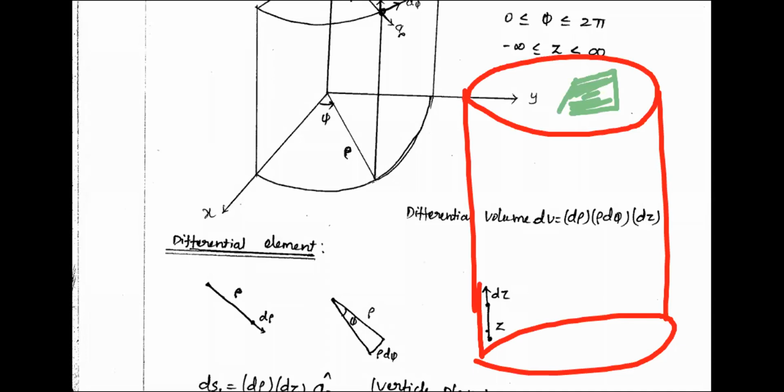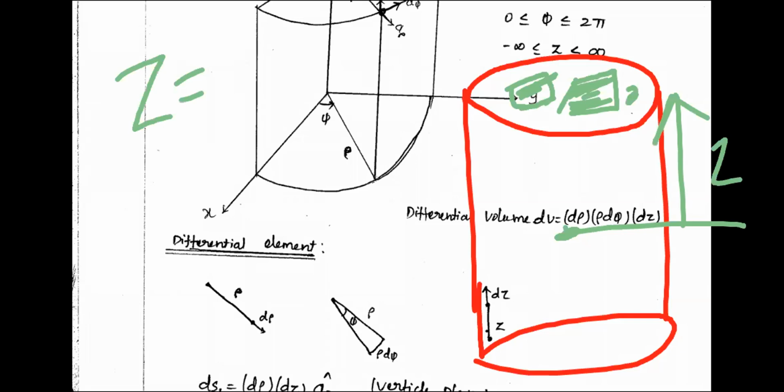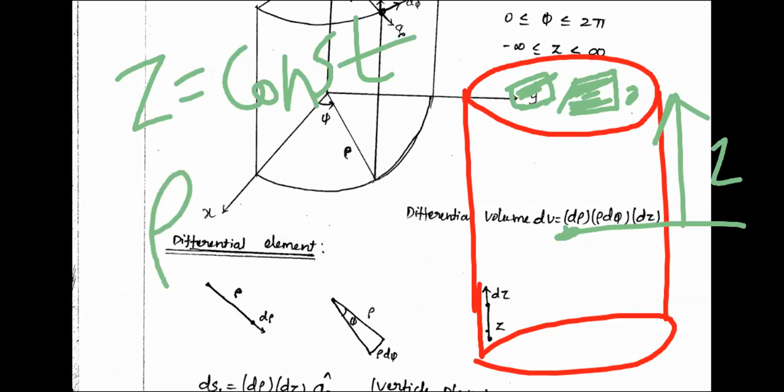If I am taking a surface on the upper surface, which is constant and which is variable? It means I can take anywhere on this upper surface. Wherever you are taking, your z will be constant. What will be constant? Z will be constant. What is the variable? Depending on the place you are taking, your rho is variable and d phi is variable.